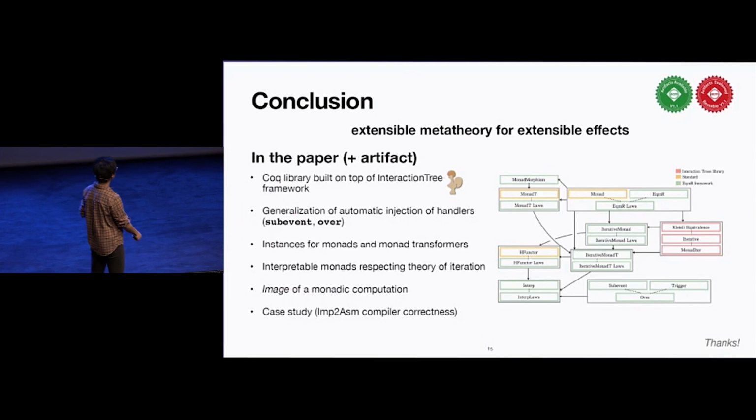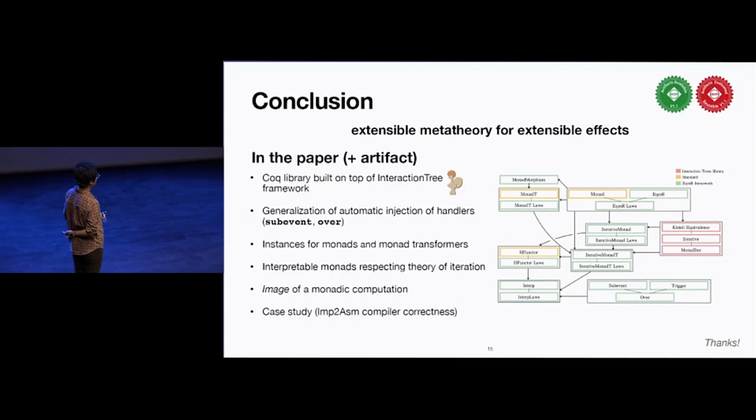correctness statement. And this is a diagram of the type class dependencies in this project, and the green part is the new part that is part of the artifact, and the red part are some of the dependencies from the interaction trees